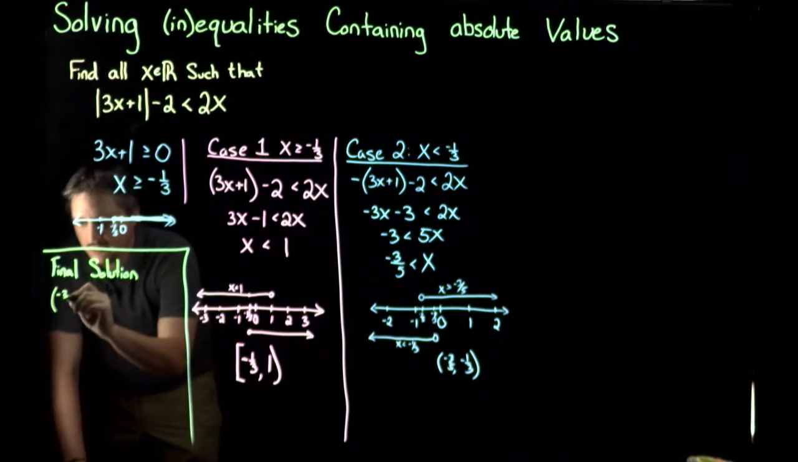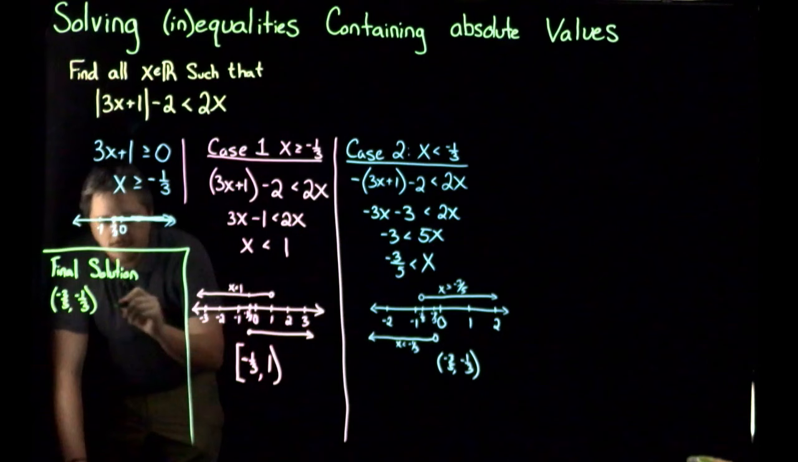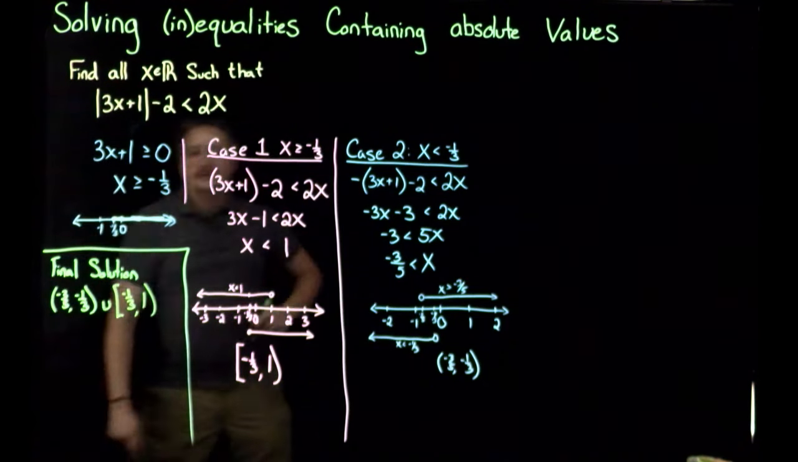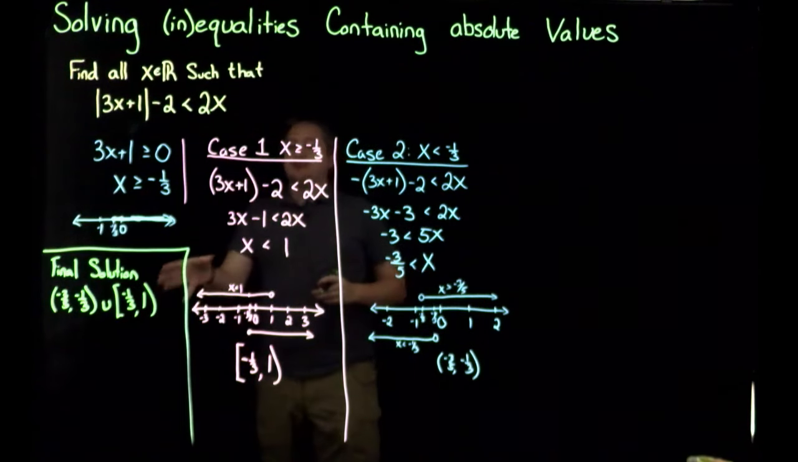So it's -3/5 to -1/3, right? Open on both. Union -1/3 to 1. Now, technically speaking, there's nothing wrong with what I wrote there, but I wouldn't leave it like that,